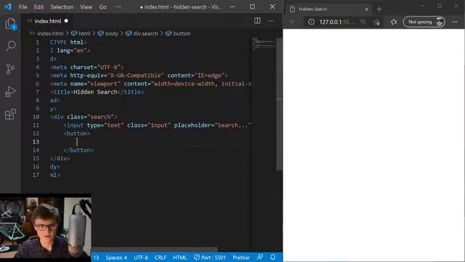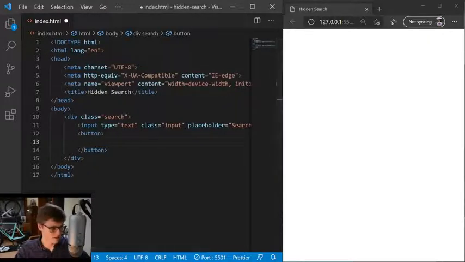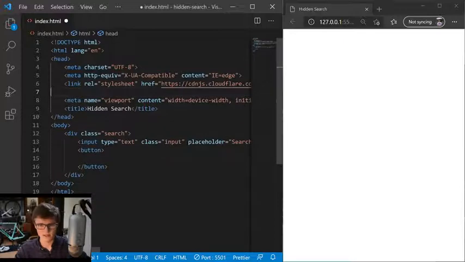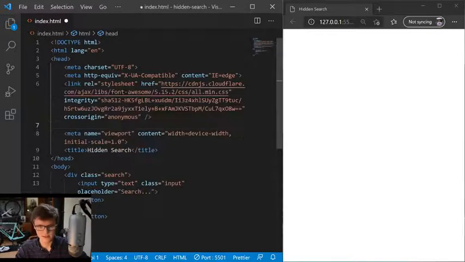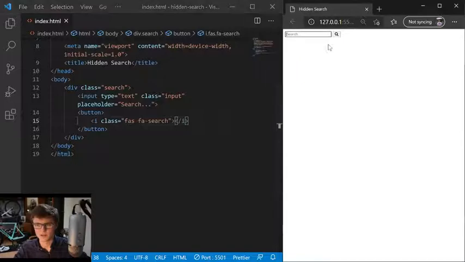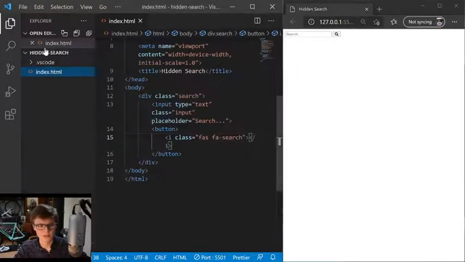So we need our link to Font Awesome. I'm just going to grab mine from the side, but if you Google Font Awesome CDN, you'll be able to find a link for that. And an icon we want with the class of fas for Font Awesome, and then fa-search. And that's it for our HTML file. So you can see we've got a search bar and a search button there. So let's jump into